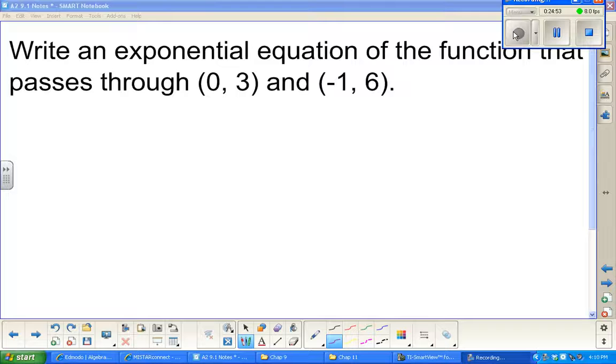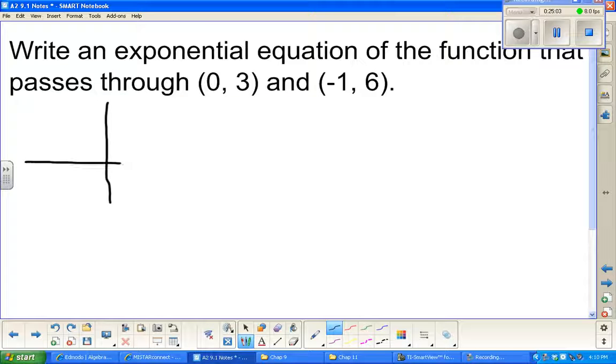Let's set up one other quick problem here. This one has a little bit smaller numbers, a little bit nicer. So let's say we want to write an exponential function that goes through 0, 3, and then negative 1, 6. Just to get a little visual here, we've got 0, 3,